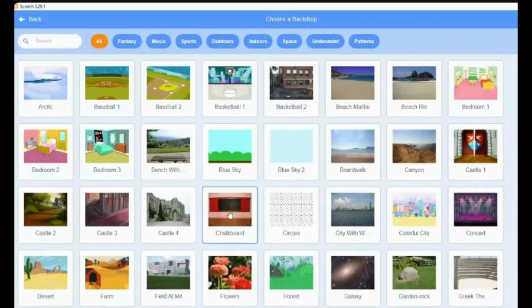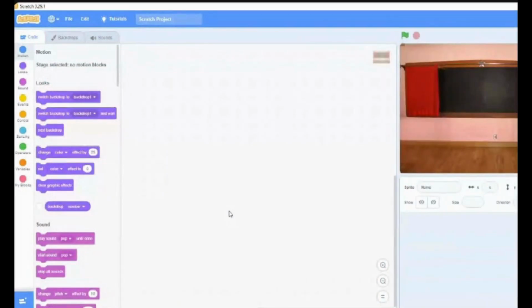As you can see, you choose a chalkboard. Hope everyone can see. So we changed the background from white to the chalkboard,